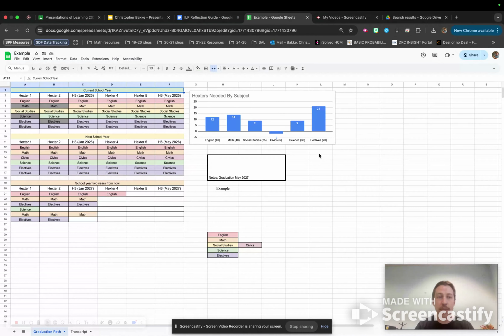Once you have your ILP opened up, it might look something like this. This is just a fake example, where if you see any classes that are in gray earlier in the year, that means you failed that class, and I already had to move that into the empty spots in your senior year, wherever that may be. And any class that we've already done that's in the same color,